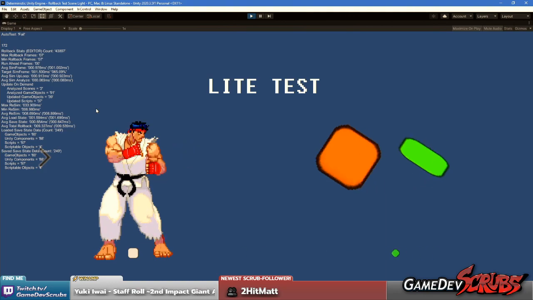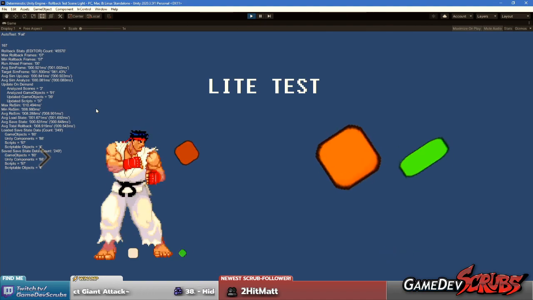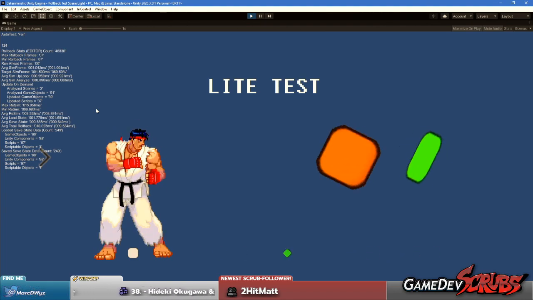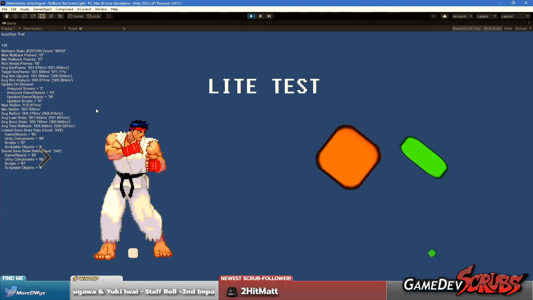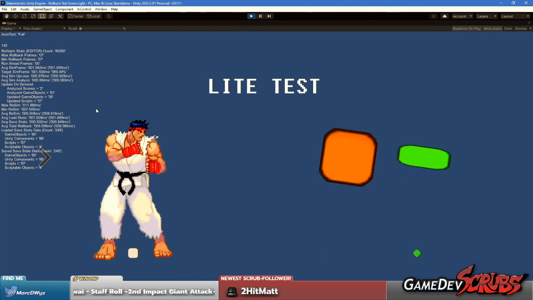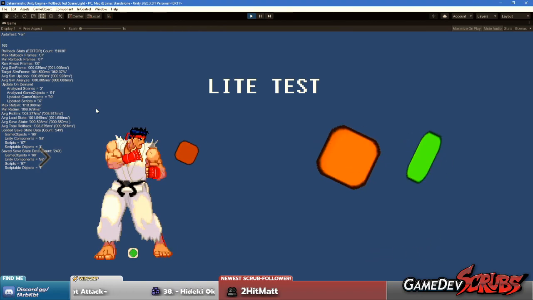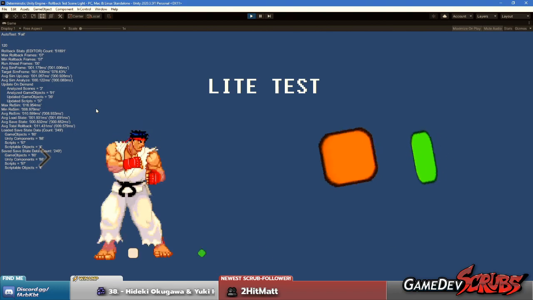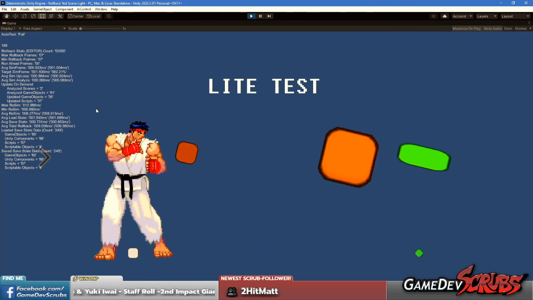But the rollback itself is really only concerned with input at the bare minimum, and it doesn't really have to be concerned with much else. Anything else would just be, let's see if there's a desync by checking the state hashes and stuff. Yeah, you could do that, but you don't have to. Probably be a good idea though, if you can afford it, because the hashing does take time too.